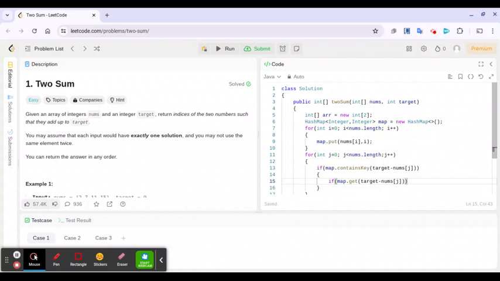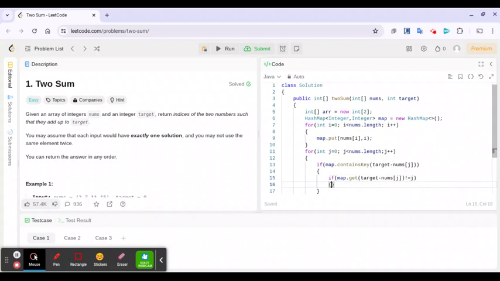So we're going to be getting the value using this code, and we have to make sure it's not equal to the same index that we're traversing through nums with. So if it is not equal to the index j,